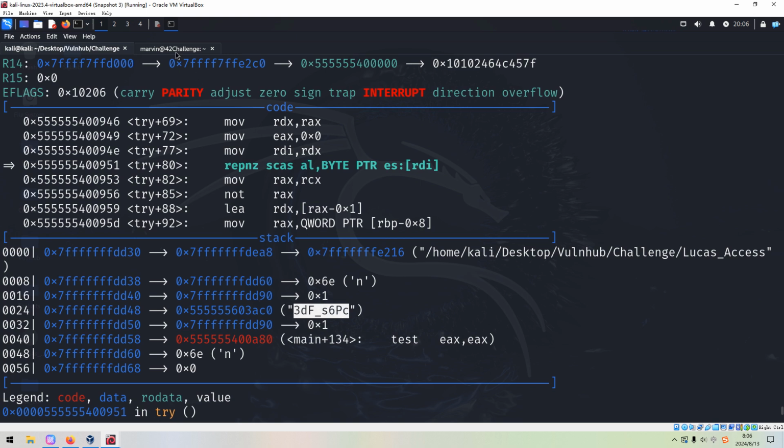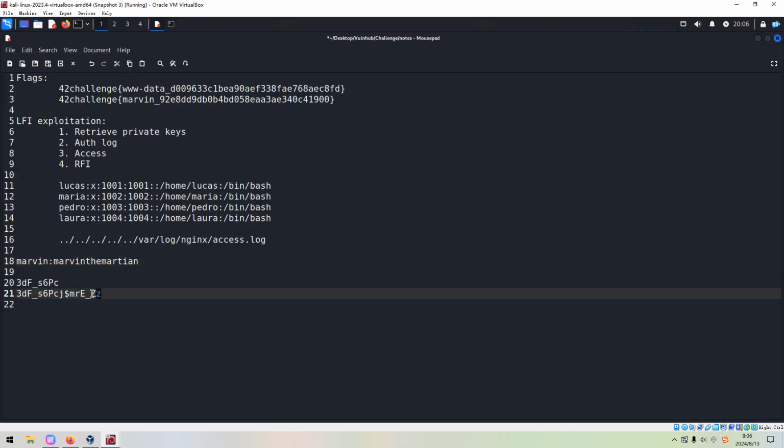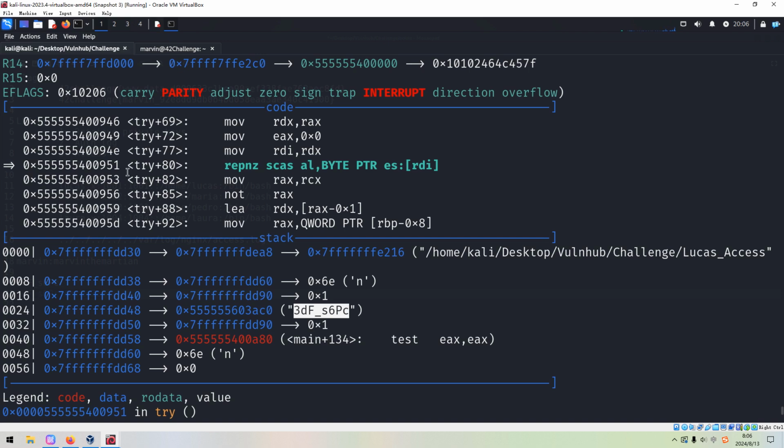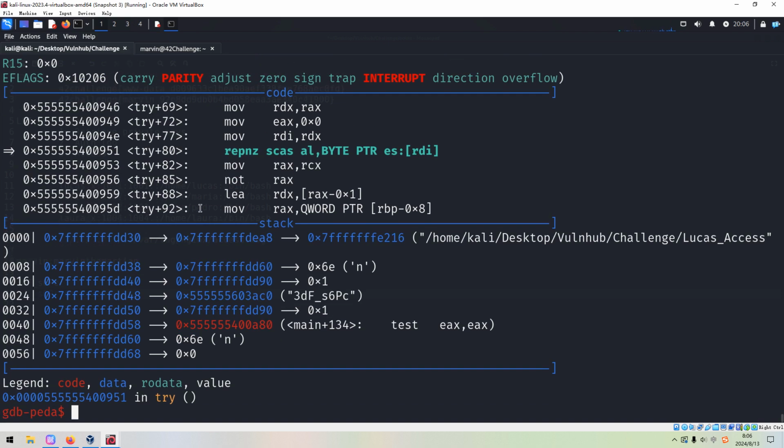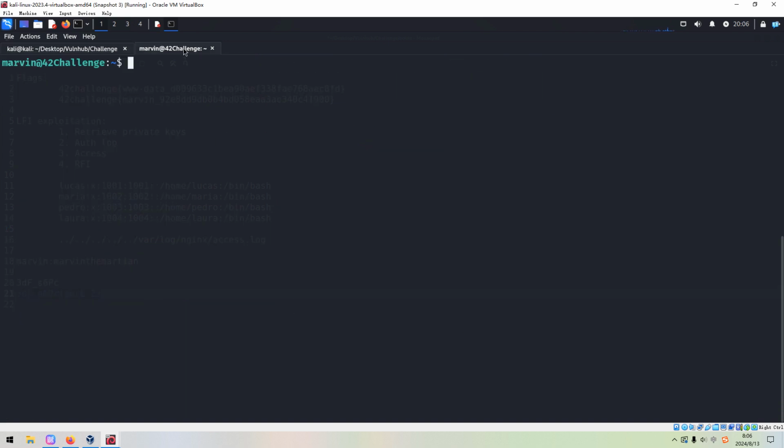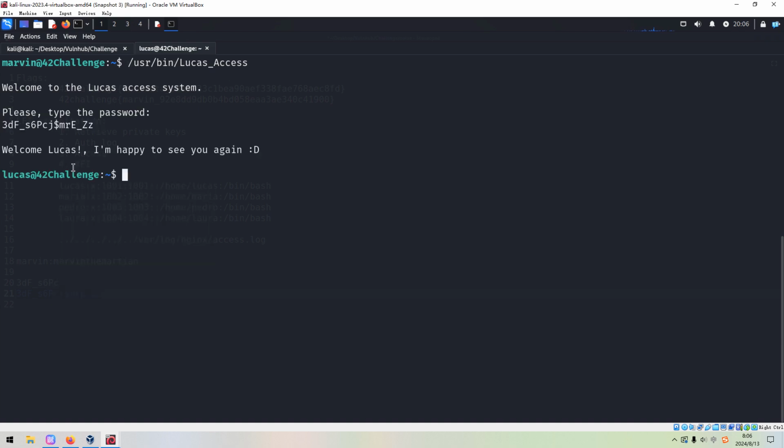Okay. And this should be the password. This should be the complete one. We can copy, and now we can go to Lucas and paste the password. As you can see, we successfully made a lateral movement to another user.